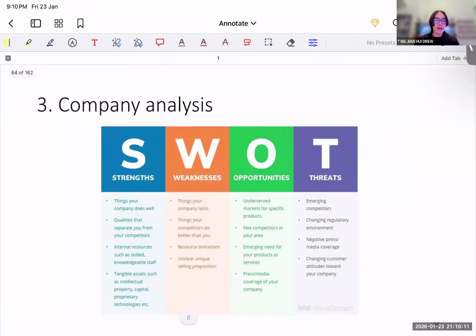industry. Last but not least, SWOT analysis. I just want to make two comments here. In SWOT analysis, the strengths and weaknesses refer to internal strengths and weaknesses, and opportunities and threats are external, right? These are two key differences here. Very commonly used in the industry. I think some of you in your workplace might use this already.